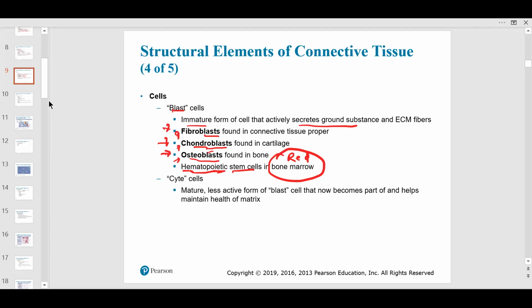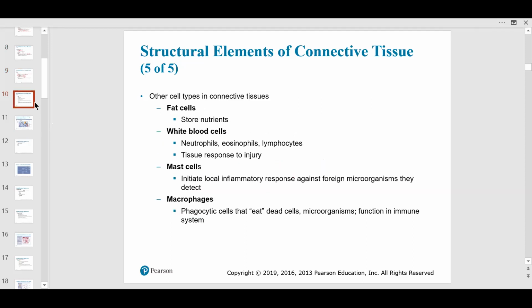Yeah, so mature cells are called cytes. Blasts are immature. Cool. So it's a suffix. And that goes for any tissues really, except I don't think we ever use cyte in the nervous system. It's always just neuron or glial cell. Like we can call a muscle cell a myocyte, but we don't call a neuron a neurocyte or anything like that,